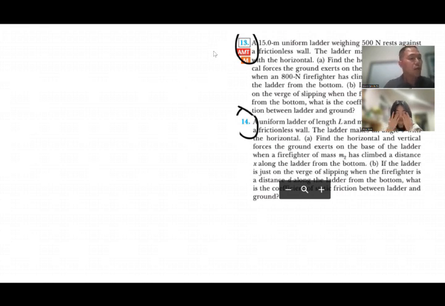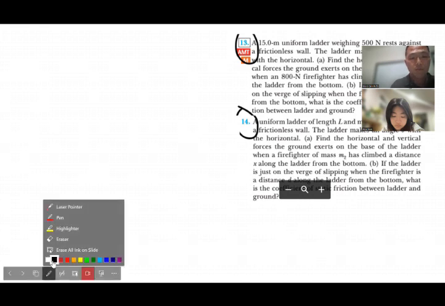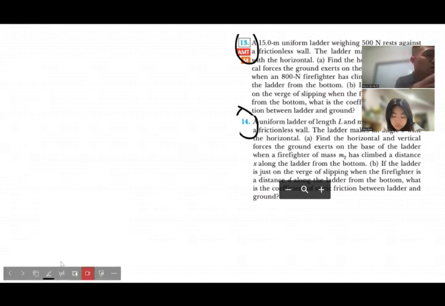So for 13, there's... my gosh. All right, let me change the color. So number 13,